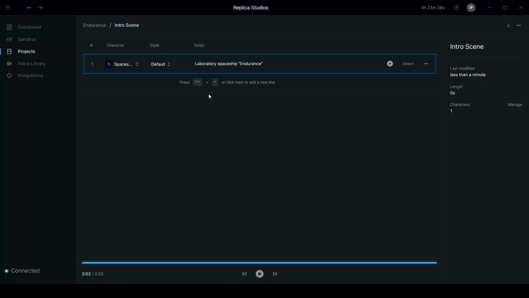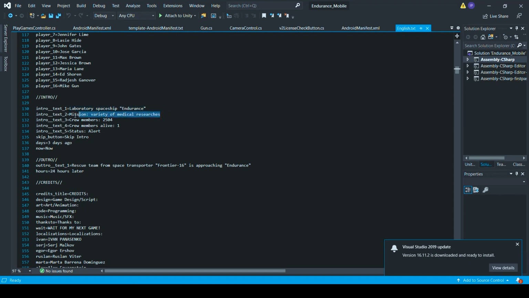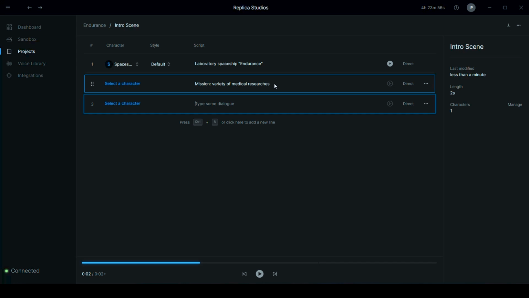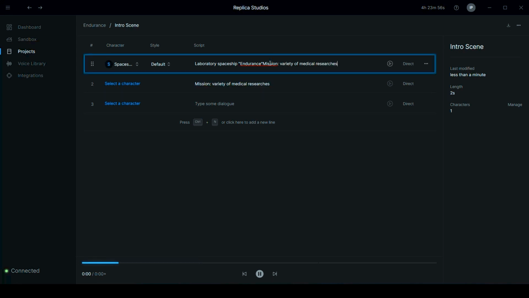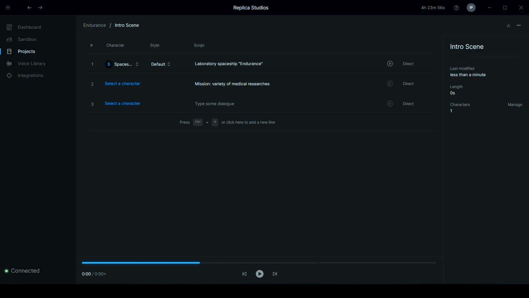Actually, it doesn't sound that bad. Okay, let's create another one. So let's press Ctrl N, and let's add another. I assume that if it's the same character saying all these phrases, we could just do it this way, laboratory, spaceship, Endurance. We could just add it here, but for now I think it's just easier for me to separate the lines, so I'm gonna have it there. Mission: variety of medical researches. Then we're gonna add crew members, and I guess I'm just gonna type it